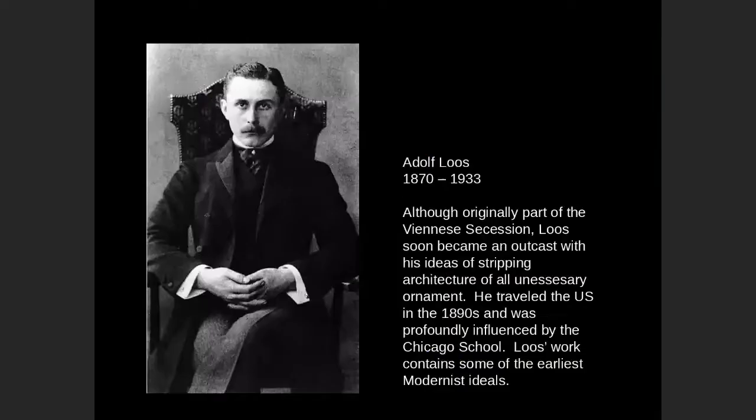Okay, so the last architect I want to talk about as part of this movement is Adolf Loos. He is also out of Vienna. I believe he might have been from Czech too. I can't remember offhand, but he was a very influential architect that came out of the Viennese Secessionist movement. I don't believe he was part of the Wiener Werkstatt, but he was part of the Secessionists, and then he went off in his own direction, which was